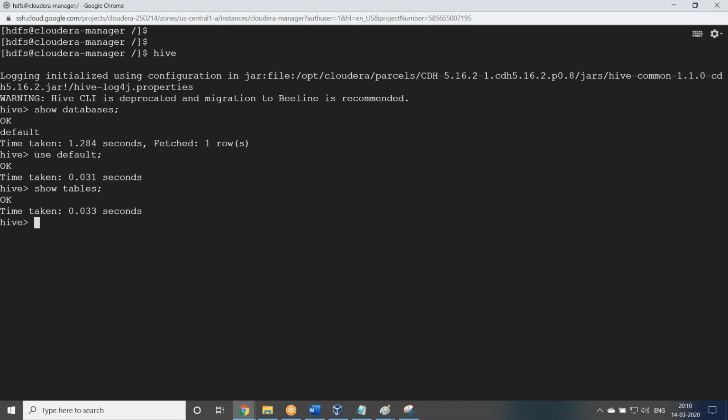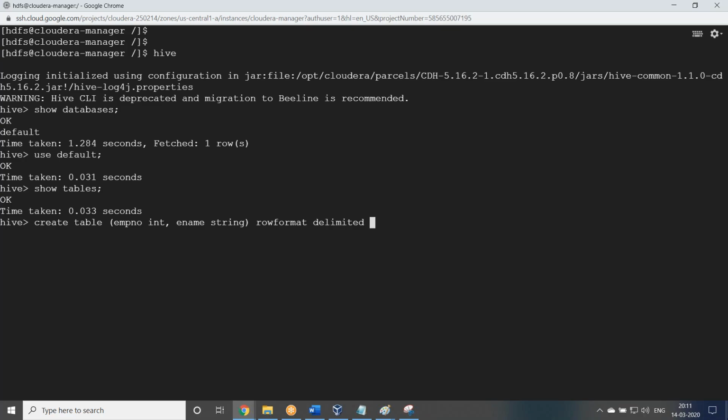No table. If you want to create a table, create table. We have the command, right? So emp, employee number, emp number as some int, so emp id, emp name, or else ename as string something, right? And row format delimited, fields terminated by something.